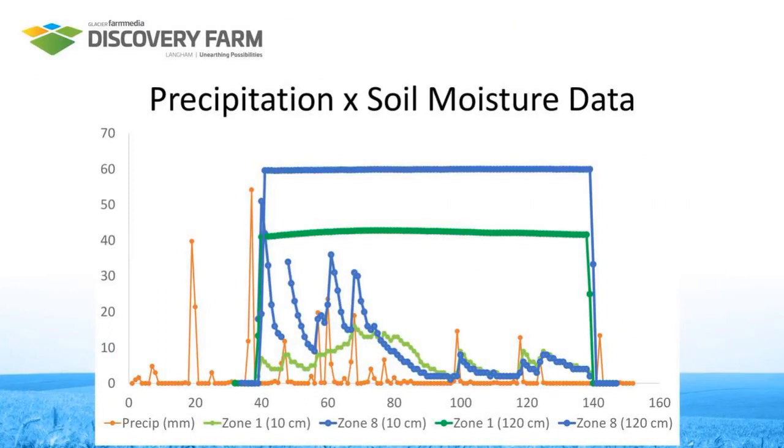I think the first place that we can understand and really tease into the variability within the field is to look at the interaction between precipitation and how that impacts soil moisture within the field. And that's what I've shown in this slide here. I will admit there's a lot of information going on this slide, so bear with me as I break it down for you.